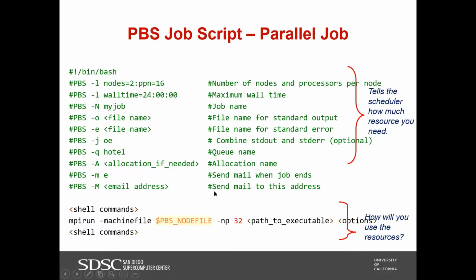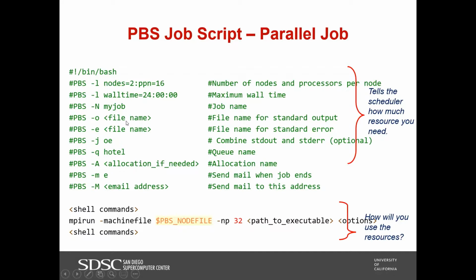The first part is how many resources you want for your jobs. If your job starts, the job scheduler will allocate that amount of resources, for example, allocate 2 nodes for your job for 24 hours in this job script.